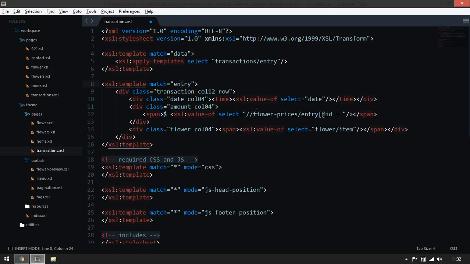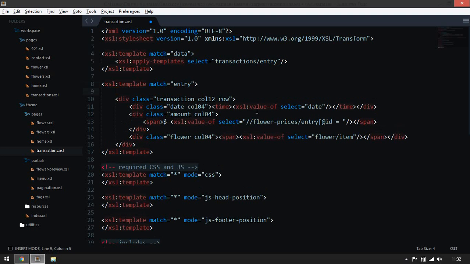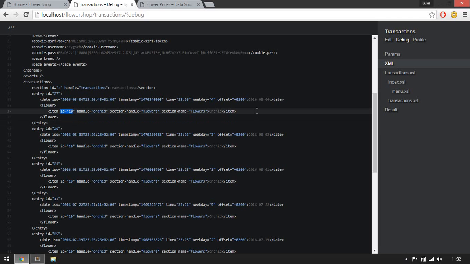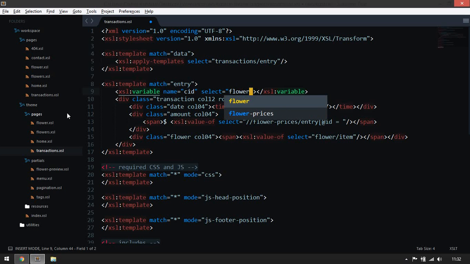So let's just create a variable for this current entry, like so, and I'm going to name this variable current ID, like so, and we'll say select at actually want flower item ID, so flower slash item slash at ID,